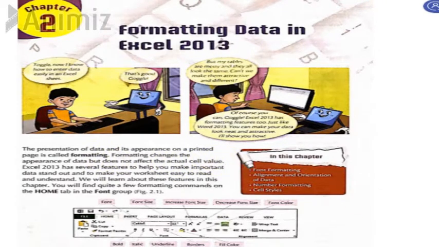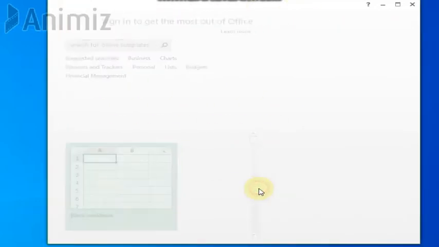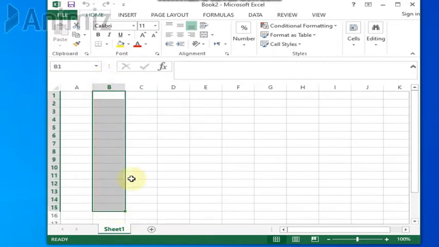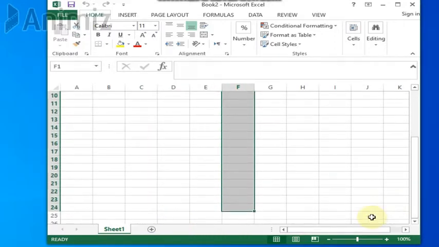So what is a cell? Let me just tell you what a cell is. I've already told you what MS Excel looks like, so now I'm going to go directly to the spreadsheet. This is what the spreadsheet looks like. It consists of columns. These are columns A, B, C, D, E, and F. It goes up to J, K, L, and so many columns.